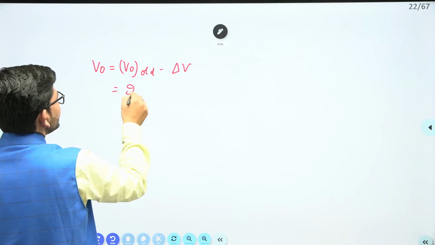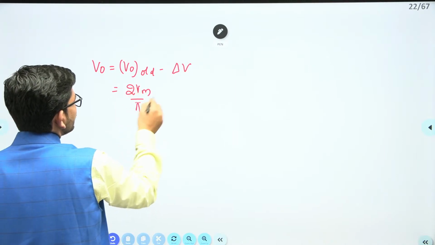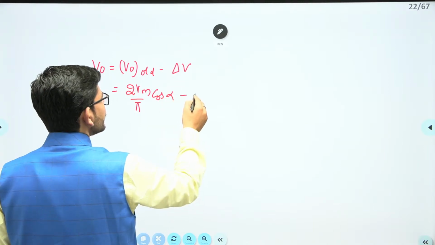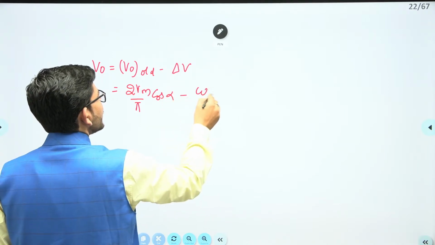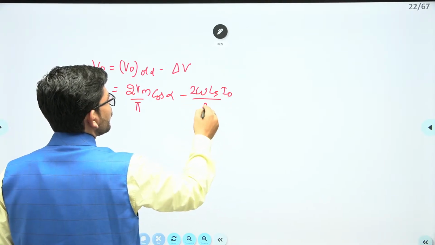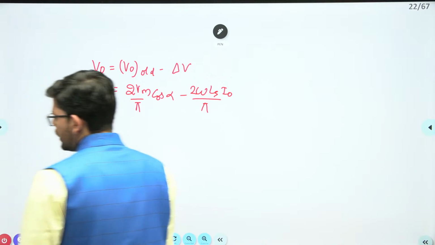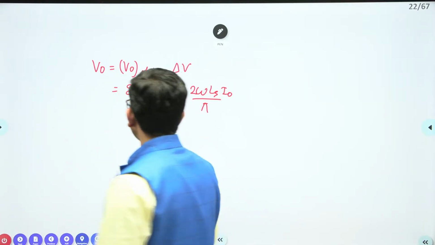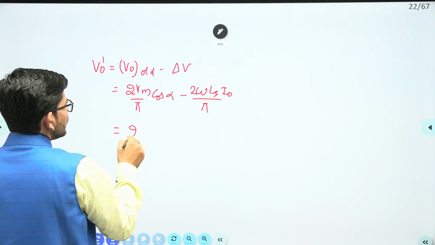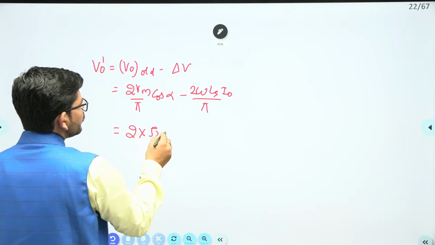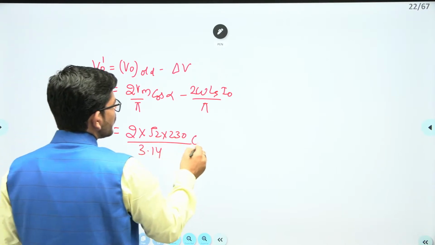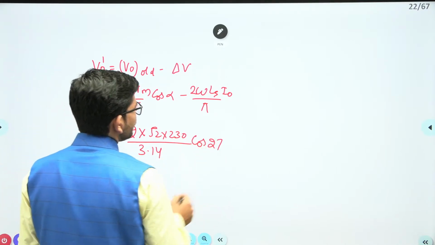V naught old is 2 Vm by pi cos alpha minus the reduction factor. In case of 2 pulse converter, it is how much? It is omega ls I naught, 2 omega ls I naught upon pi, or 4 fs I naught, isn't it? So just put the values because we know everything here. V naught dash is, so 2 into root 2 into 230 divided by 3.14, cos of alpha is 27 minus